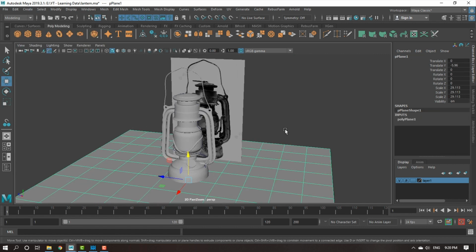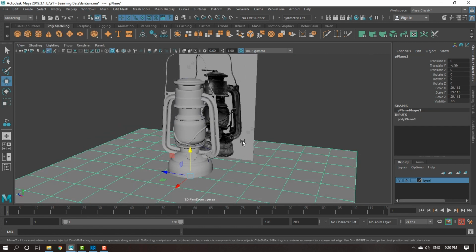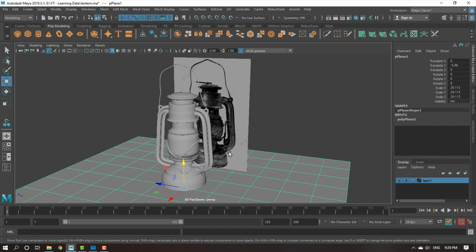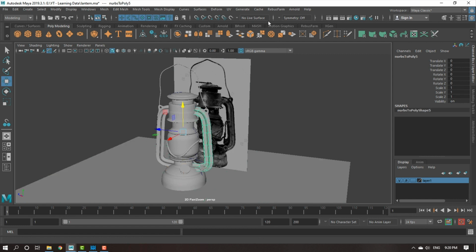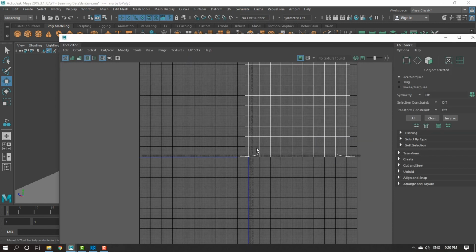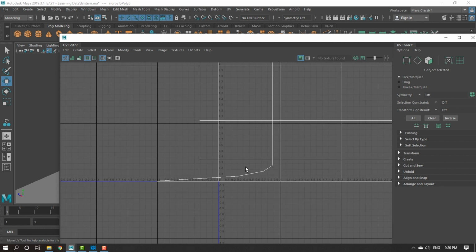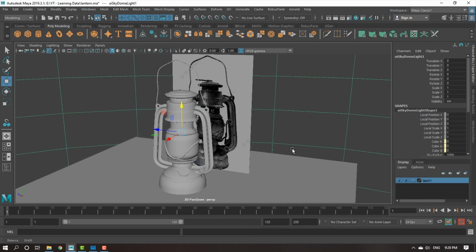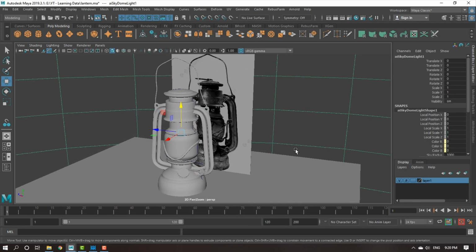So in this manner we completed the lantern model. Now thing is you can start texturing. You can start layouting UVs. If I go to my UV editor, I can see UVs here now. See, it is not blank, it is giving me UVs. It is very big. So in this manner you can go and convert each and every part to polygon and you can start texturing.